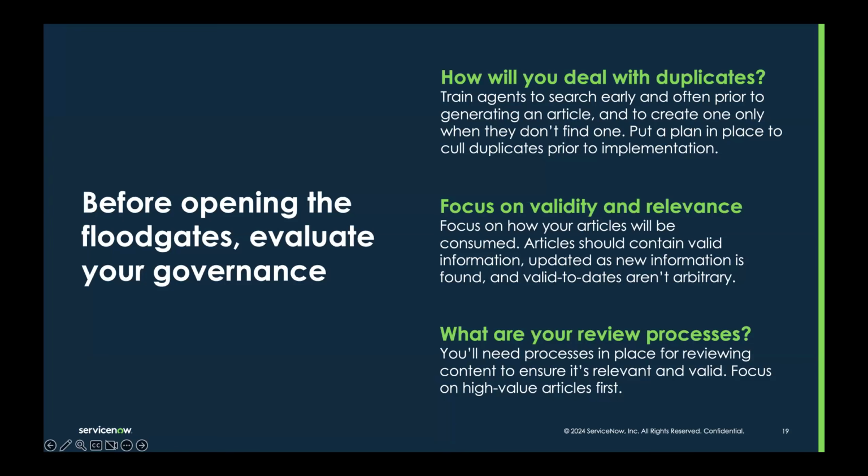Also focus on relevance and validity. We want to make sure that our articles are up to date. AI search really keys a lot on freshness and other relevant fields, and we have some documentation on the community about that. You want to make sure these articles are up to date, especially as we don't have generative AI creating a bunch of articles that then just get stale. This is where your valid-to dates come into play, and they should really drive your review processes.